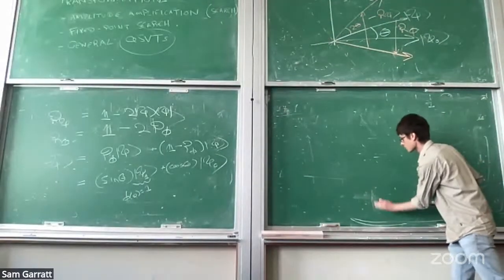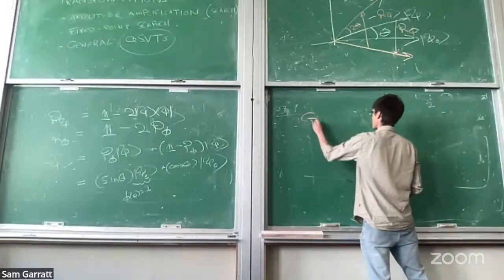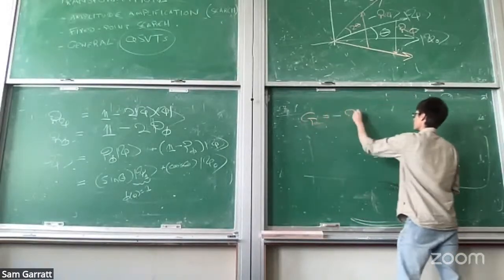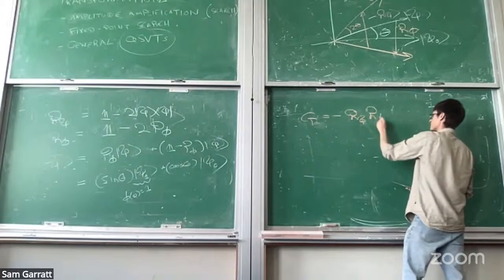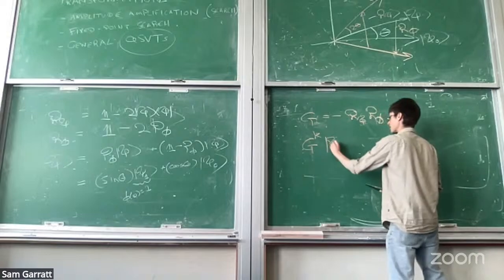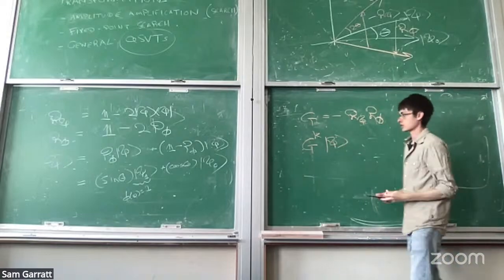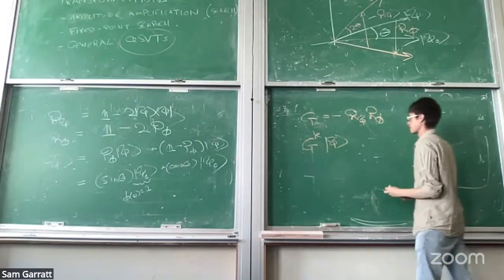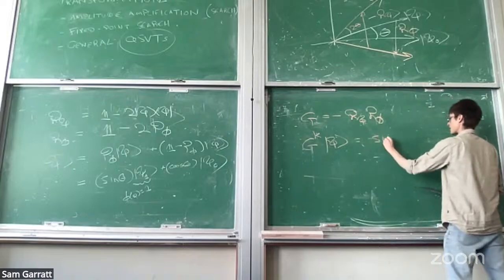So to state that more explicitly, what we're saying is that given G is minus R psi R phi, if we act with G to the K on psi, which, as you can see from over there, is a sine theta and a cosine theta, what you get now